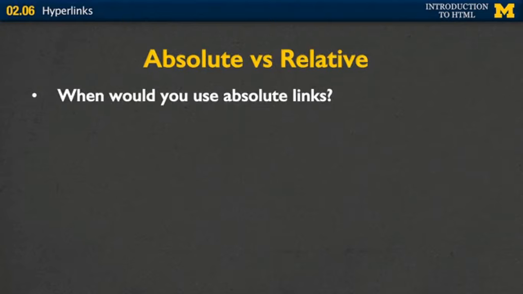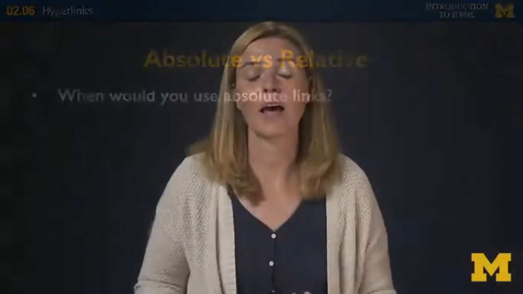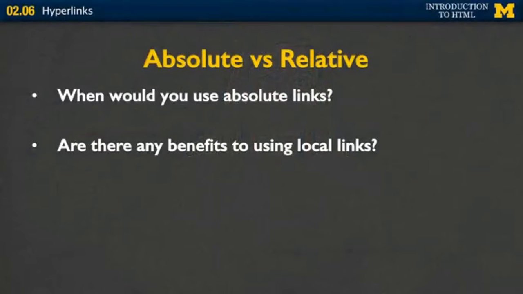All right. So absolute versus relative links. When would you use absolute links versus when would you use relative links? With absolute links, you're basically saying, I am not in charge of this page, somebody else is. So if you're linking to someone else's page, absolutely use the absolute link with the full reference in there. Relative is for when you're developing your own site. And it's really helpful to use relative links instead of absolute, so that way, if you move your page to a different server or you move it into a different folder, you don't need to rename everything.